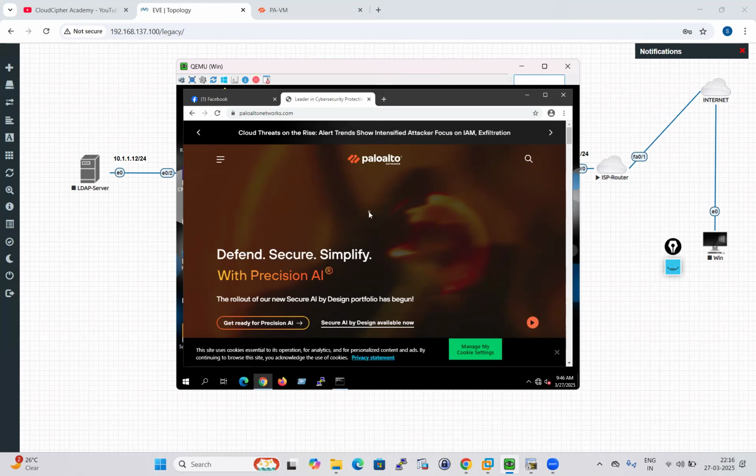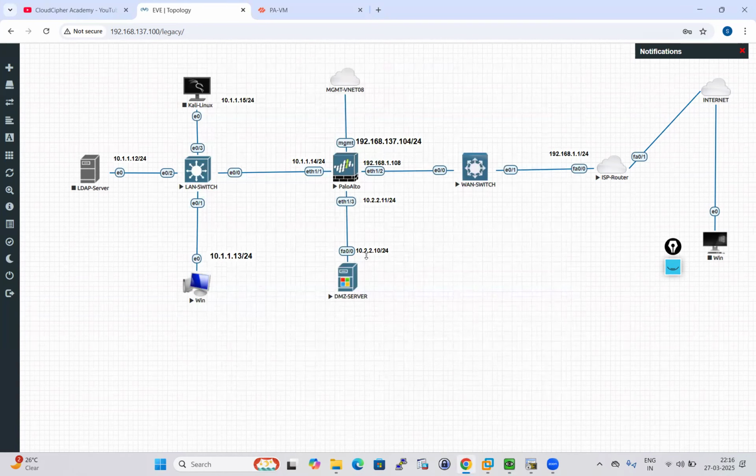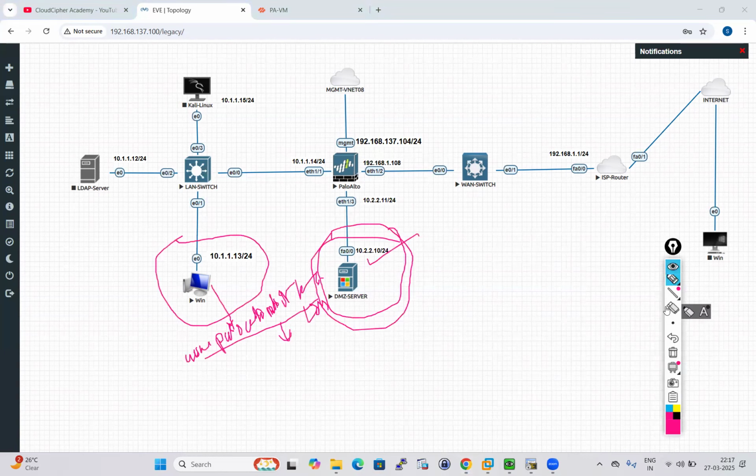But once we redirect this traffic to the IP 10.2.2.10, whatever content is inside this server, maybe an HTTP server, this inside PC will receive it. So in this scenario we use DNS rewrite. It is a very simple concept, very easy to configure. Let's go to the firewall. I hope you understand the concept. In short, I can tell again,